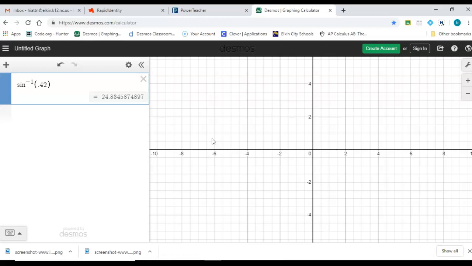Oh, also, when it says solve the triangle, it wants you to find all the sides and angles. We didn't do that. Just find me the one that's missing. So if you find, like, the first one has angle A, angle C, and side A, so find side C. You don't have to find all of the parts. Just find the part that's missing. Because we haven't